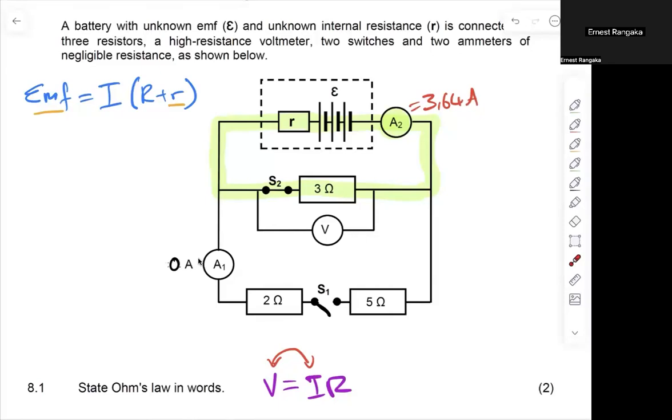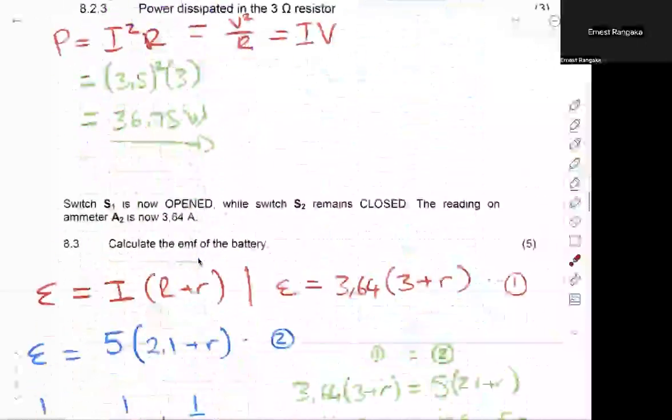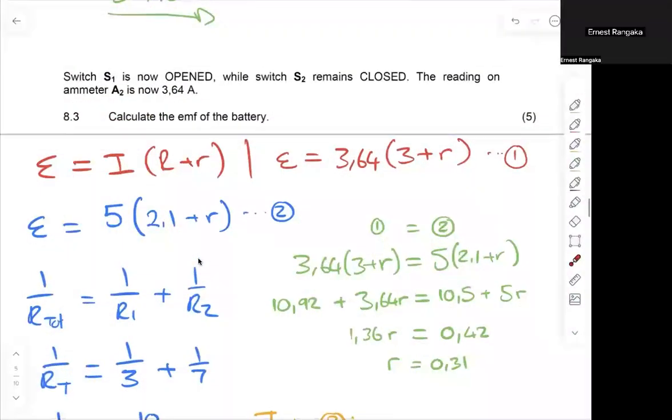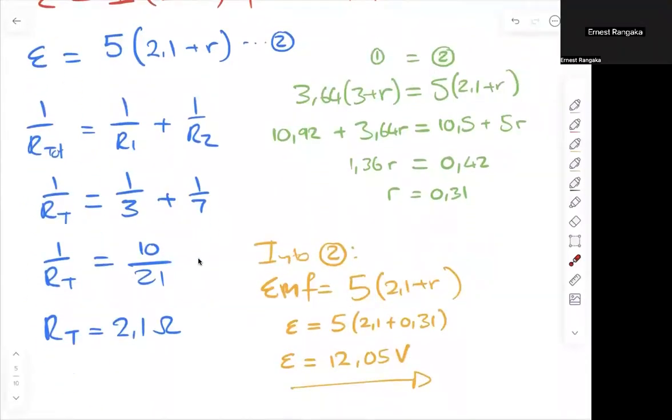Scenario 1 is when all of my switches are closed, and that gives me an equation. Scenario 2 is when my switches are open. That gives me one version of the equation. And then we can clearly see here, for equation 1, I used the open switch version. Equation 2, over there, we've got the closed switch. Once we figured that out and filled those values in, all we did was mathematics beyond that point, and we solved it